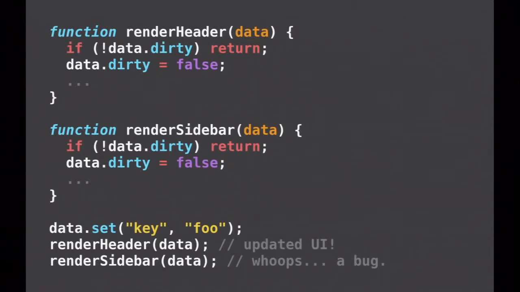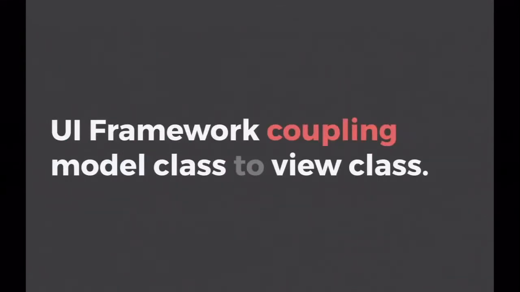We'll just write a framework that encapsulates all of this pattern and not let you do this. But that couples our model classes to our view classes. Why do we want to do that? I just want to use plain JavaScript objects. Why do I have to write specific model classes to couple to my view classes? This is something that React teaches us we don't have to do. People are like, oh, don't worry, it's just a V in MVC. Well, that's because you don't need an M because we have arrays and objects. So I posit